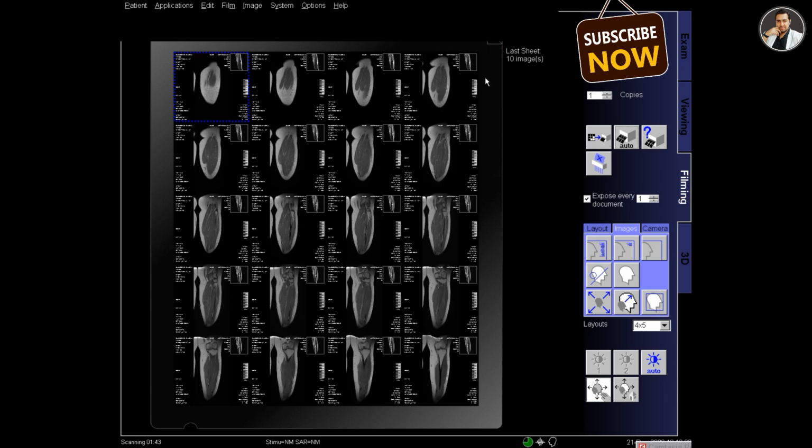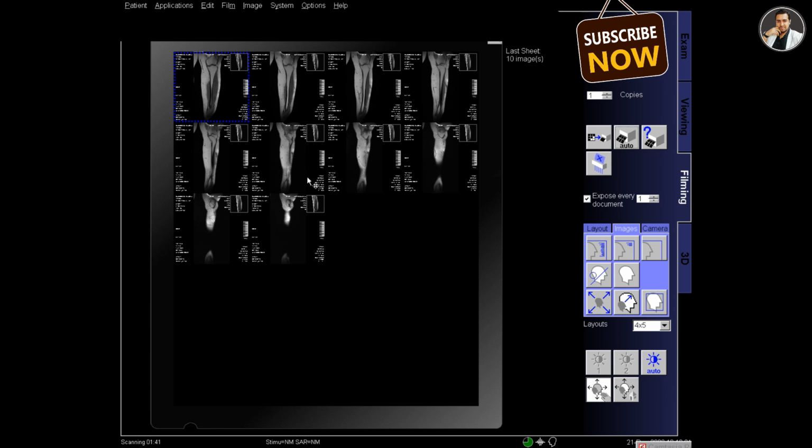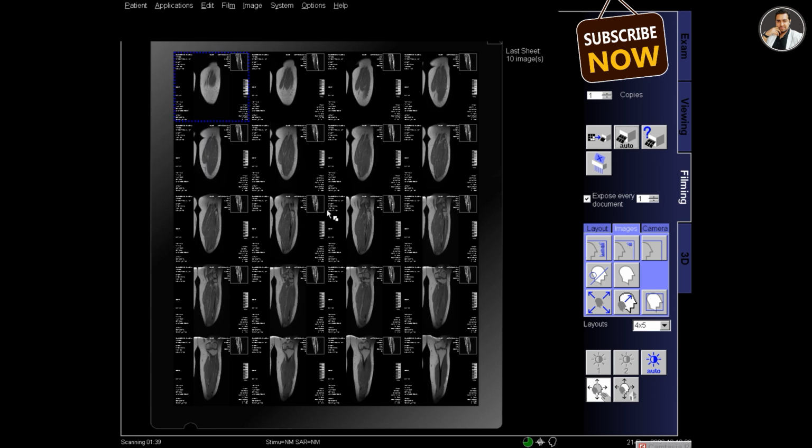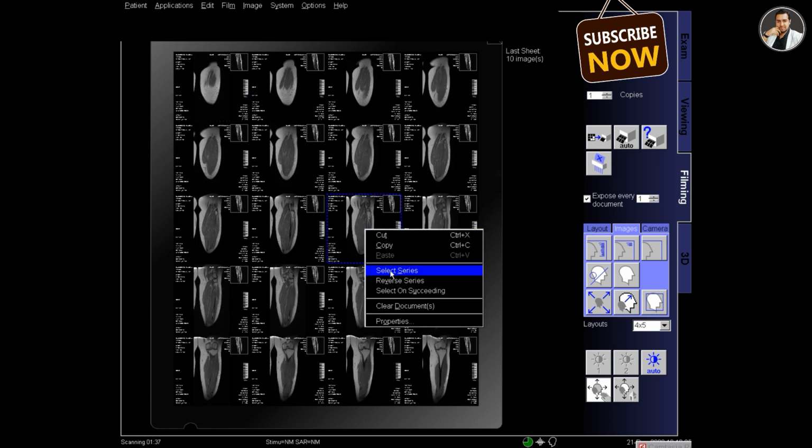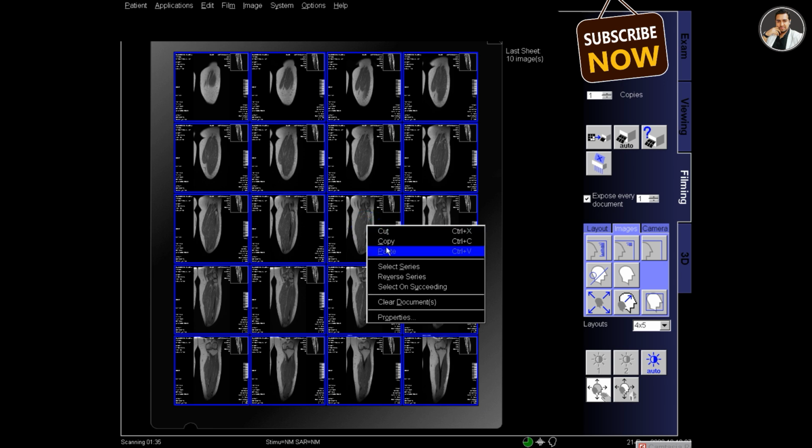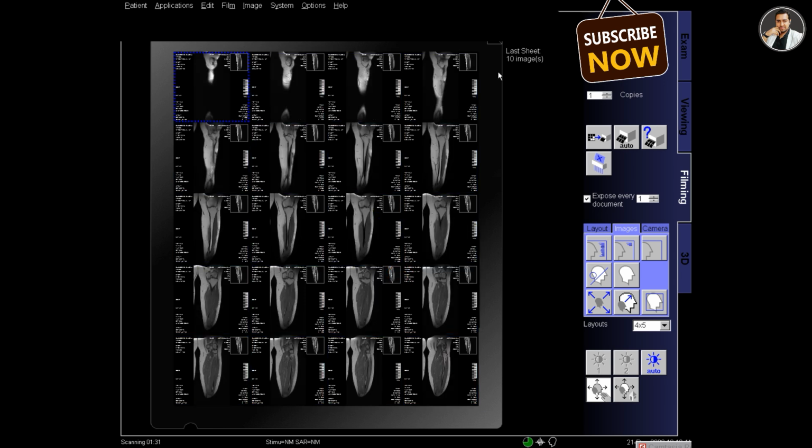And now in the filming, there are lots of images, so I have to select series and reverse series because the series is in inverse position. So I have to revert the series to the proper orientation, and now change the layout to 6x4.